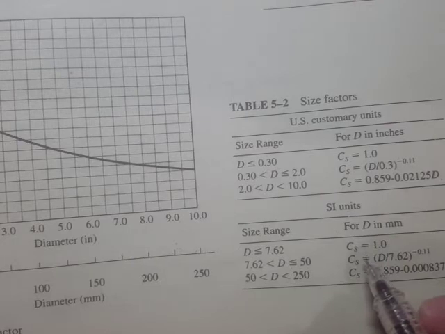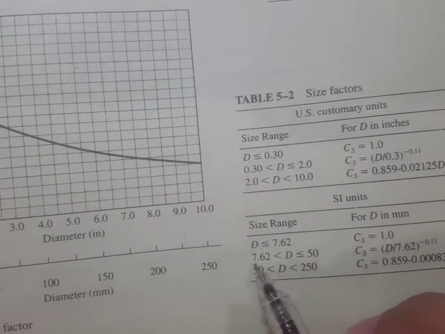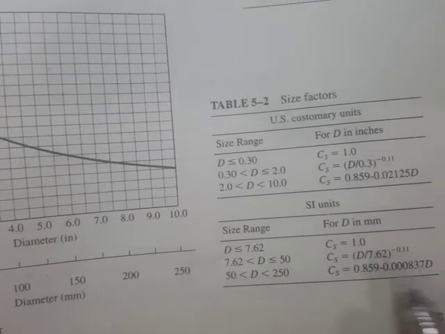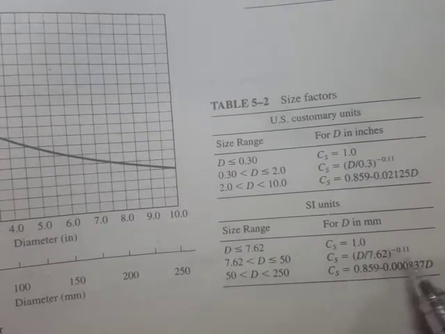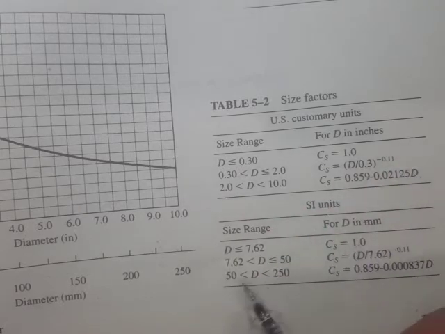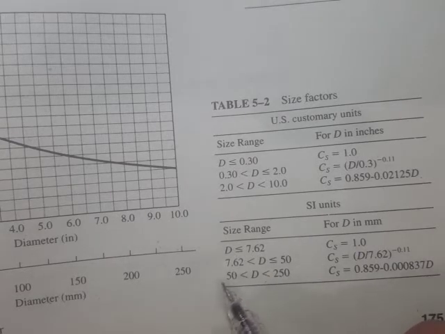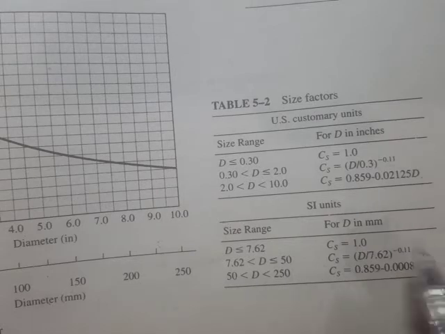But if our diameter is between 7.62 to 50 mm, then here's our working equation, right? So you just have to go to the table to be able to obtain the values of these factors. And right here, if the diameter is between 50 to 250, then here's our working equation, right? So